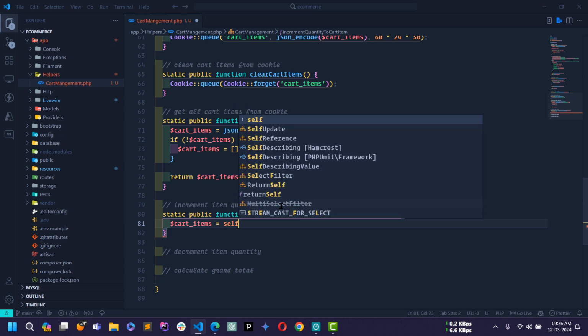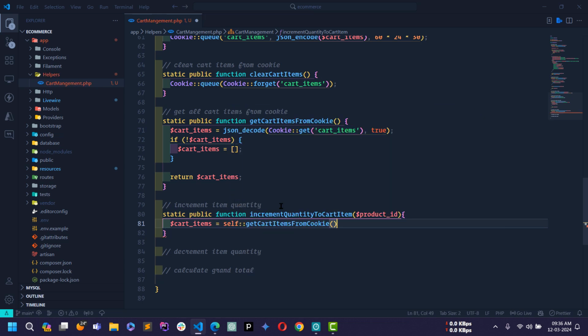So here I will write self get cart items from cookie, and again I will use a foreach loop, and inside this foreach loop I will use cart items as key,